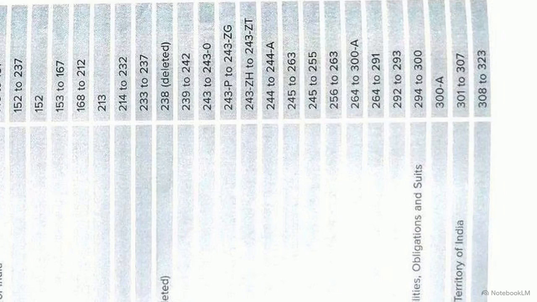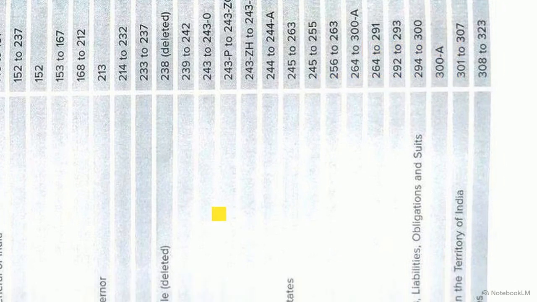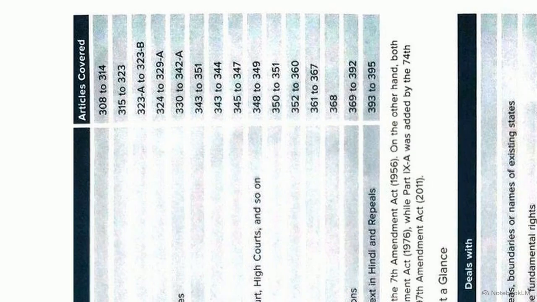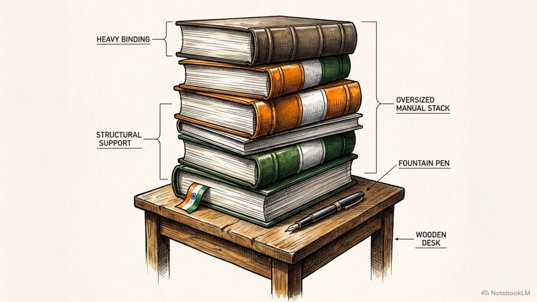The scope extends far beyond basic rights and government branches. It catalogs citizenship, state policies, the union judiciary, and the specific legislative powers of individual governors across a dense array of parts. It drills down into granular administrative specifics, explicitly dictating the official languages of the Supreme Court, the functioning of administrative tribunals, and highly localized temporary provisions for specific states. No other nation has engineered a foundational document of this physical scale.